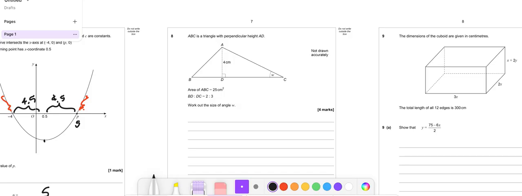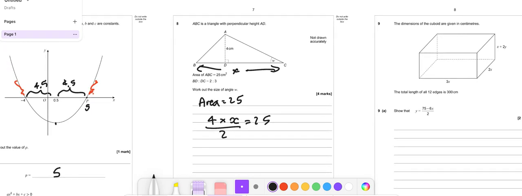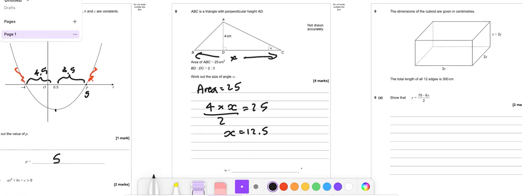We know the area is 25, so the area equals 25. If I say the whole length is x, then 4 times x over 2 equals 25, which means times by 2 divided by 4, or 2x, so x is 12.5. Then I've got to divide that 12.5 in the ratio 2 to 3. So I divide that 12.5 by 5,